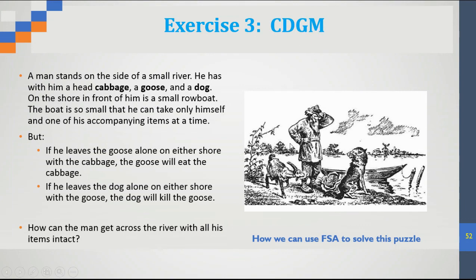So this man wants to cross the river, and he has only one boat. If he takes the dog, maybe the goose will eat the cabbage. If he leaves the dog with the goose, maybe the dog will eat